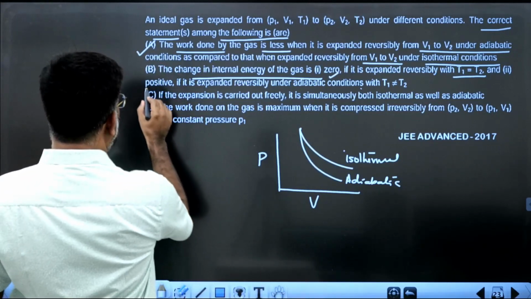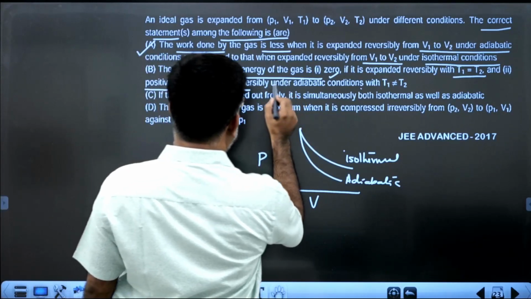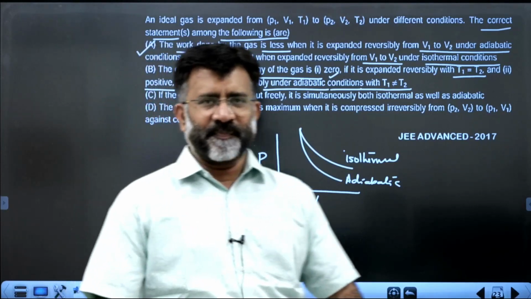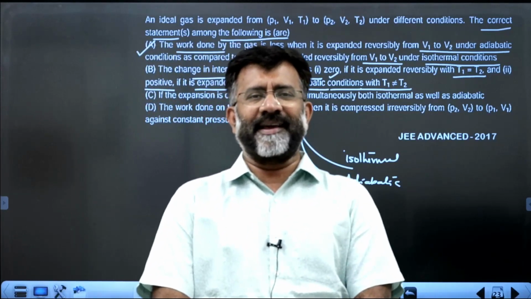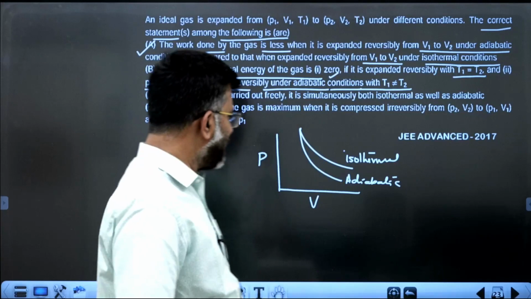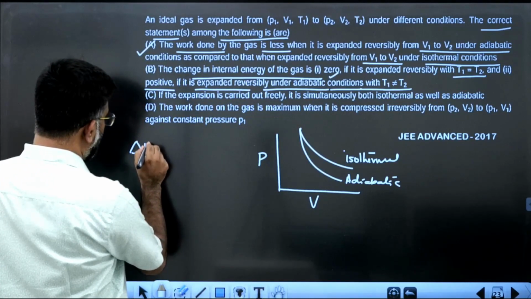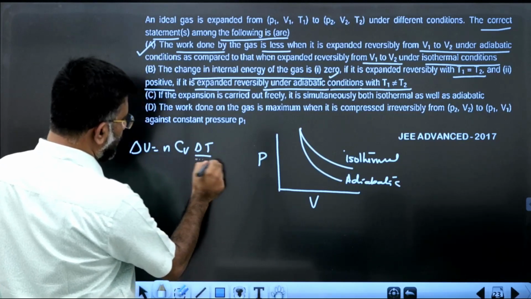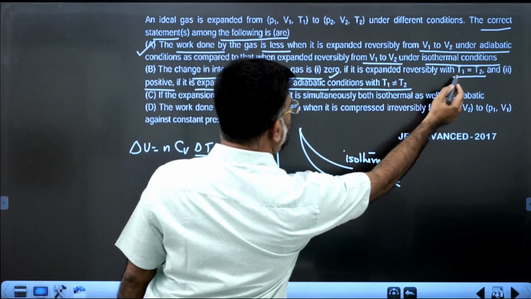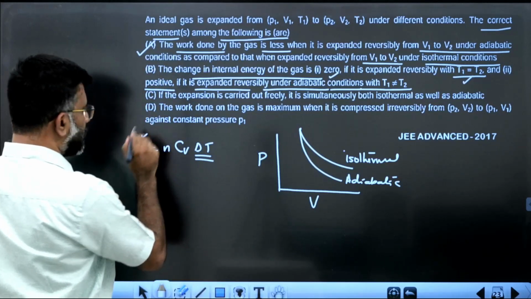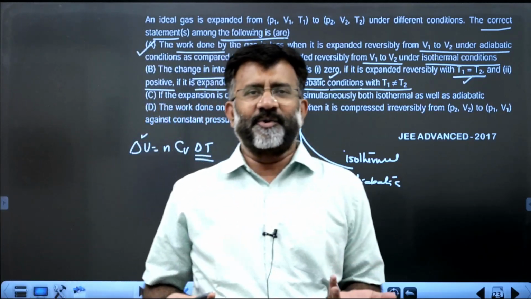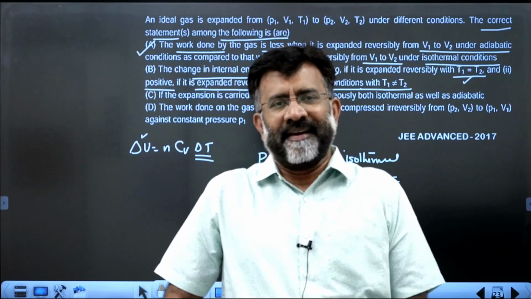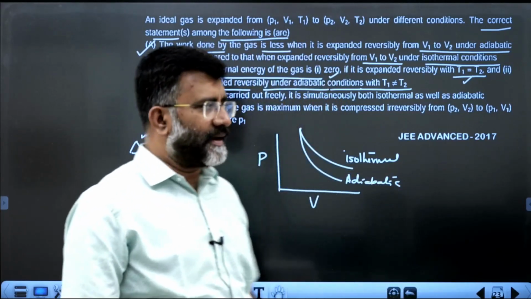And it is positive if it is expanded reversibly under adiabatic condition. Is it positive when it is expanding under adiabatic condition? You see, delta U equal to n Cv delta T. When delta T is 0, that is T1 equal to T2, this will be 0. For isothermal, delta U is 0, we know that. Delta H is 0, we know that. What about adiabatic? Adiabatic expansion